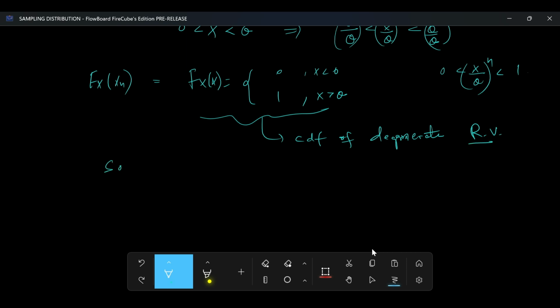So f of x xn will converge in distribution to f of x as n tends to infinity. So the questions based on the convergence in distribution will be solved like this. Now take another example that was simply asked in your JAM exam,